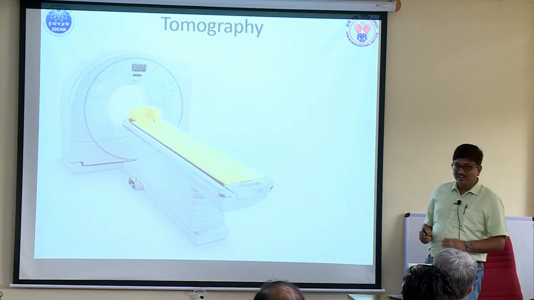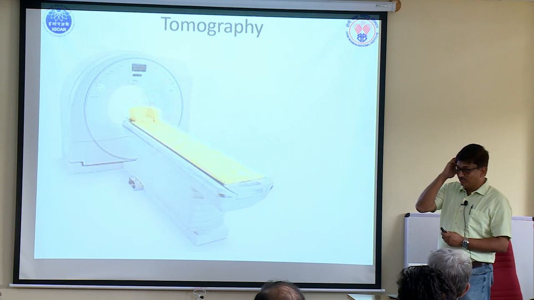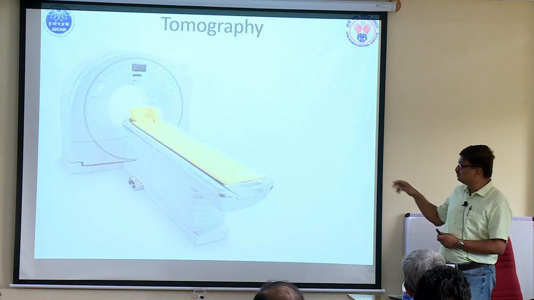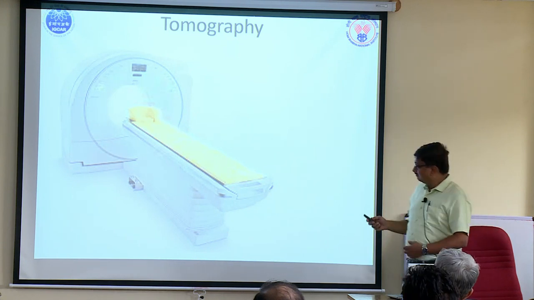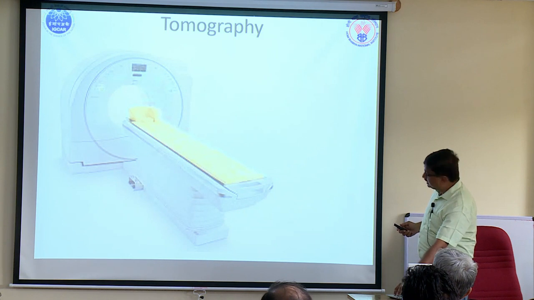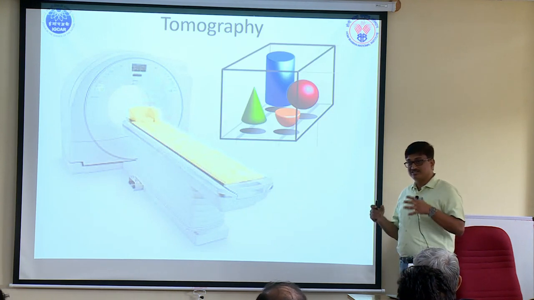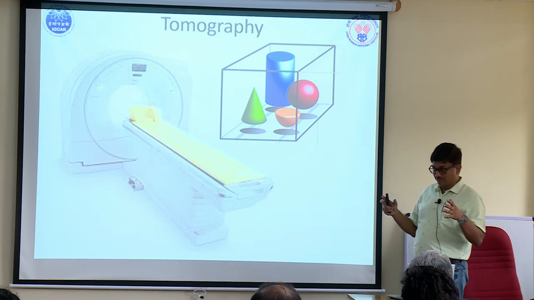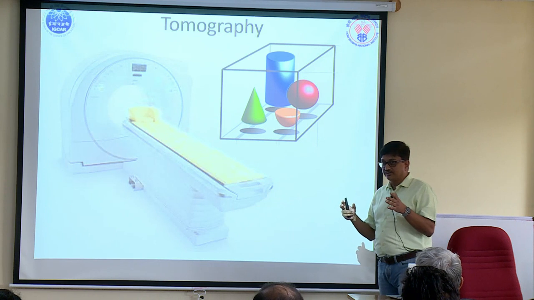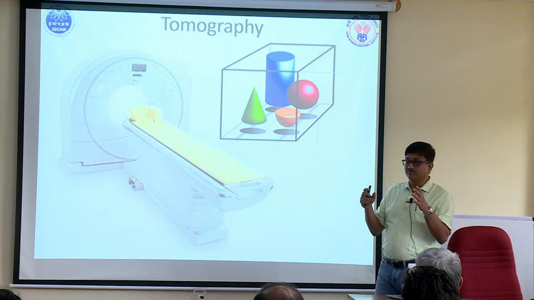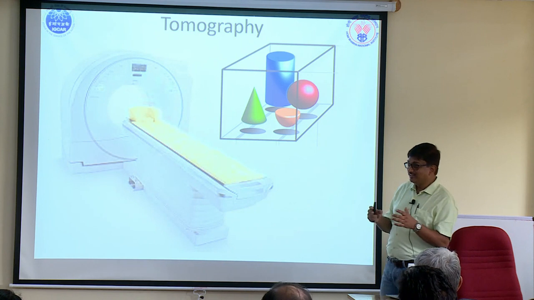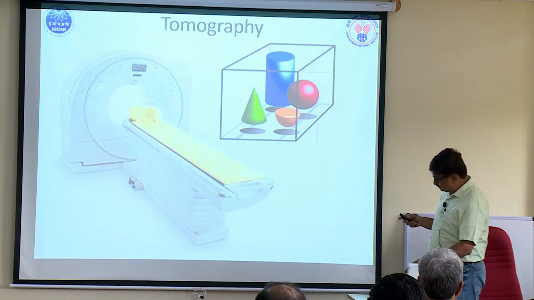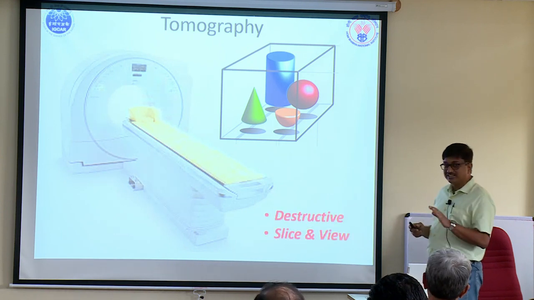Basically tomography, yeah. This is like when you go to a doctor with some severe pains, not going away quickly. You will be put on these and you have no option. But what we are doing here is basically trying to see the different kinds of structures that are there within a 3-dimensional volume. So whatever we know so far as a pixel will be known from now on as a voxel. The terminology changes from pixel to voxel. And the only difficulty is that this is a destructive method.